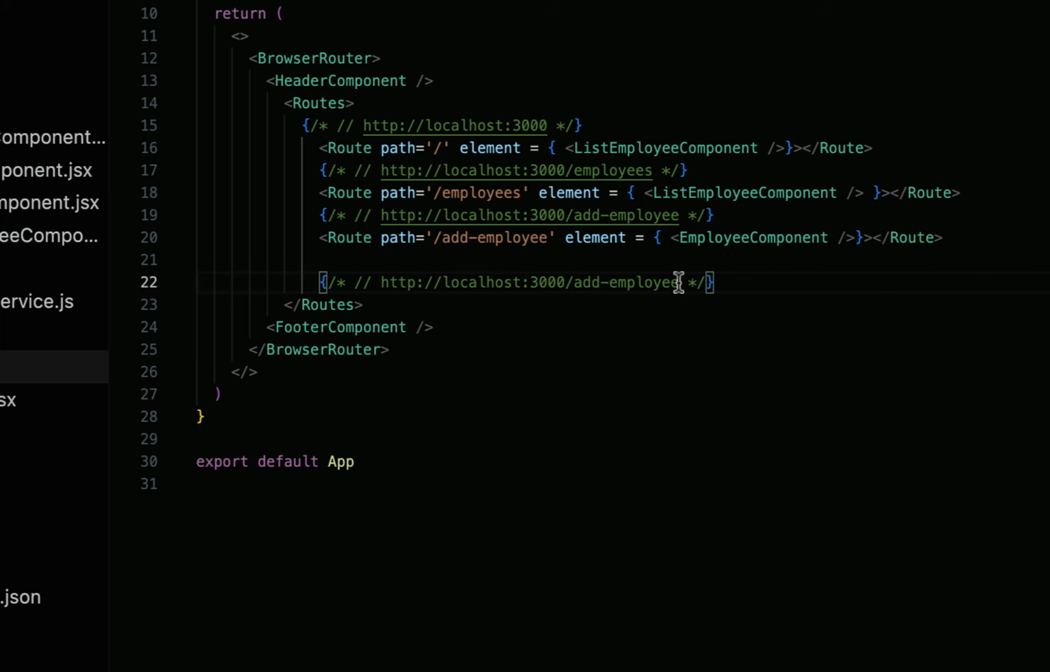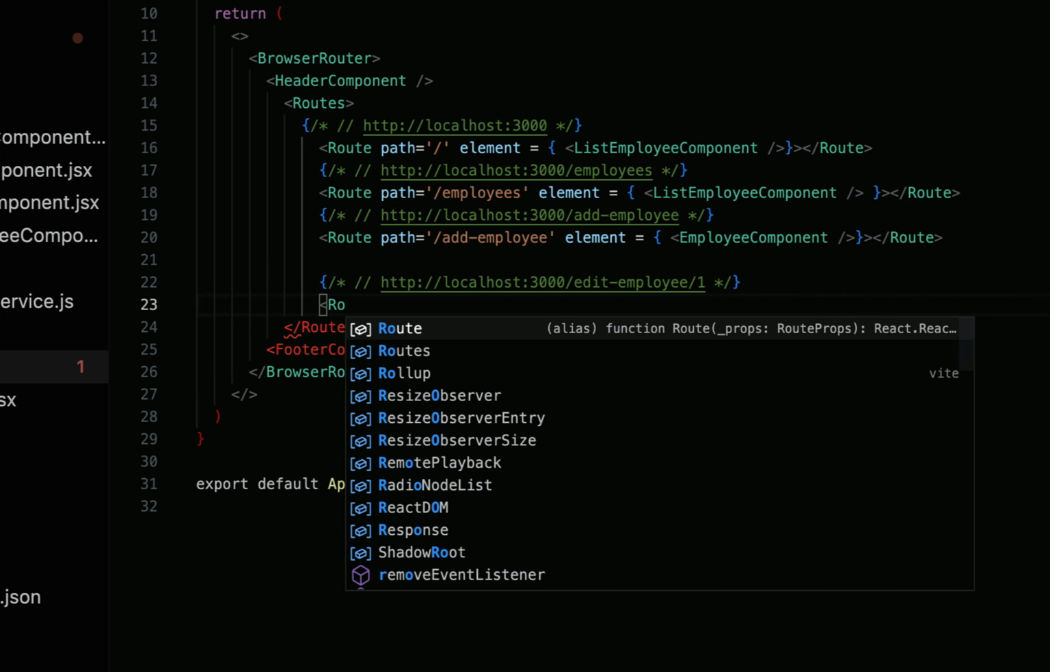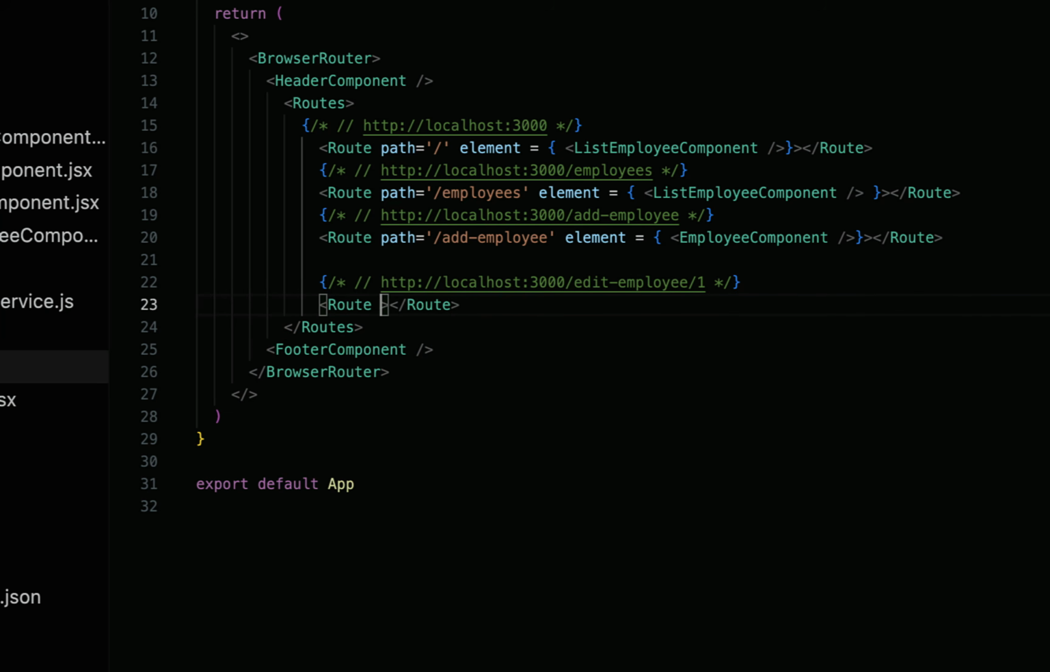So whenever the user clicks on this link, like localhost:3000/edit-employee/employee ID, then the user should navigate to the employee component. So here, just create the route, then the path, and then the URL edit employee, and we need to pass the employee ID dynamically. For that, here is the syntax